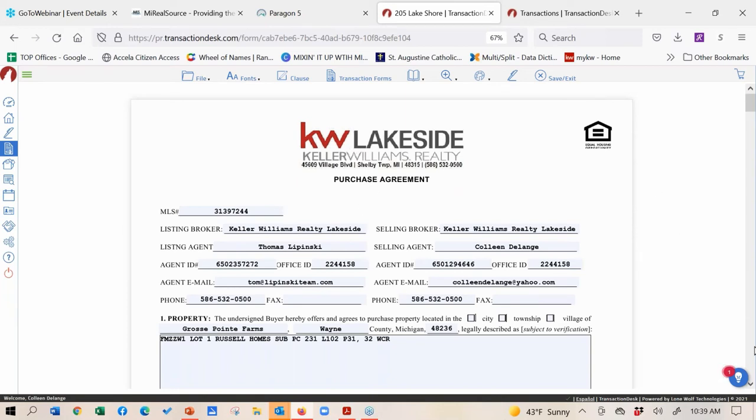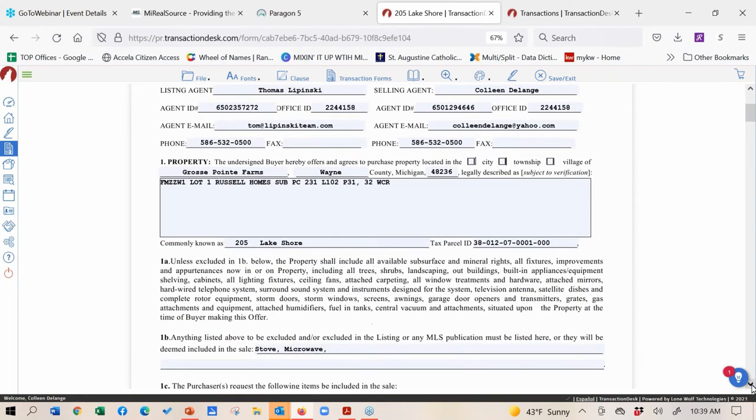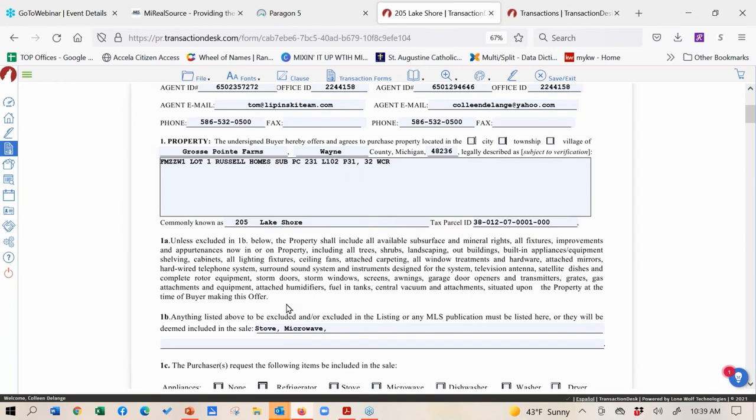Oh, looks like Debbie's adding some great cheat sheets for us. Thank you, Debbie. So there, Debbie is adding some cheat sheets into the cheat sheet area. That's what I saw. Yep, she actually added in how to create templates, how to send the seller's disclosure. So she added those in your GoToWebinar box. So if you want to download those and go back to them and use them as a resource, they're all